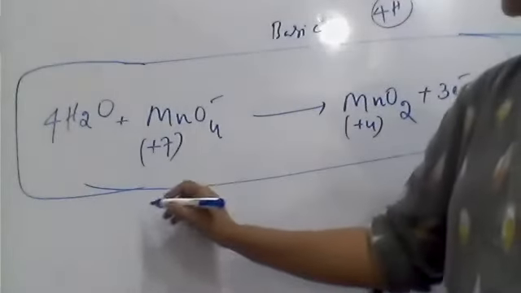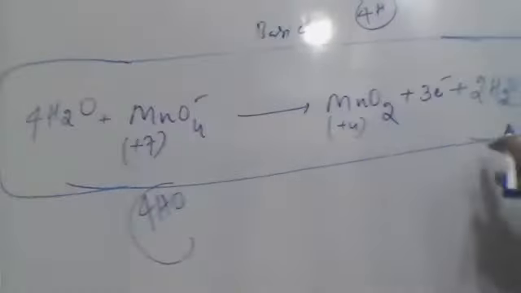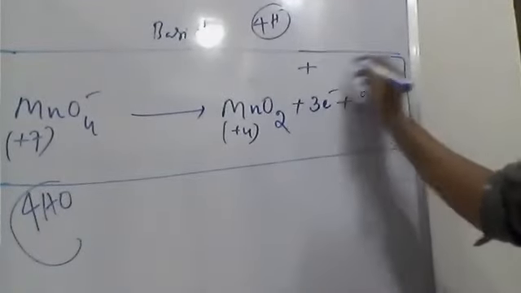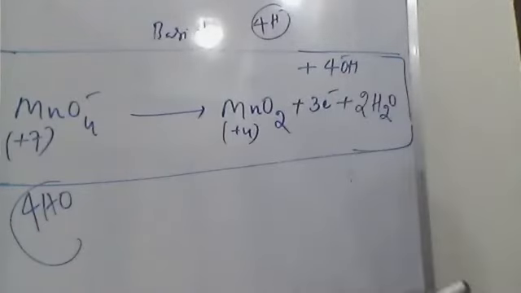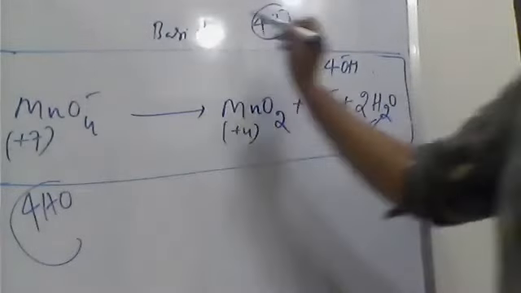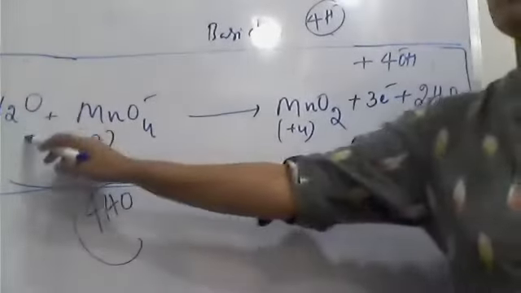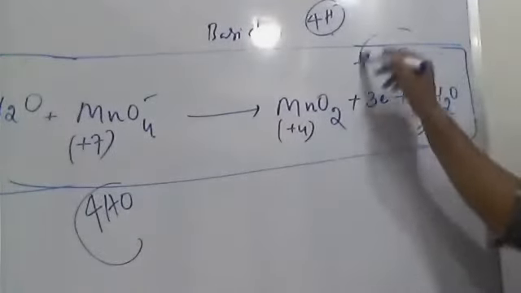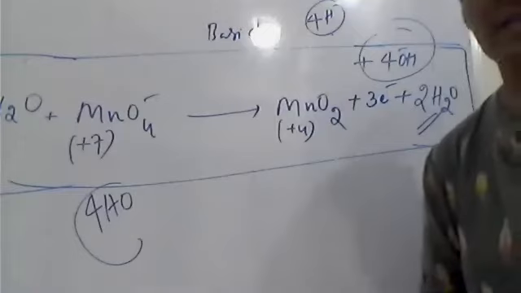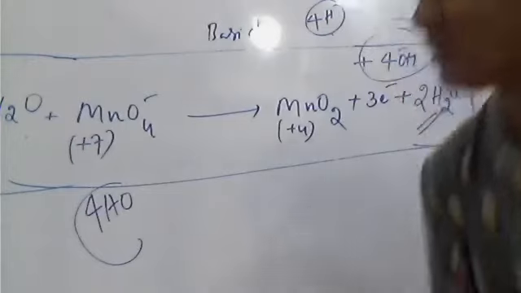Here at the left side, 4 hydrogens and 4 oxygens are increased. In that case, on the other side add 4 OH minus. So to balance the oxidants, first add H2O. To balance hydrogens, first add H2O. After that, to balance these hydrogens and oxygen, you have to add OH minus wherever it is required. And after balancing this, you may be asked ratio of species. Okay, understand?